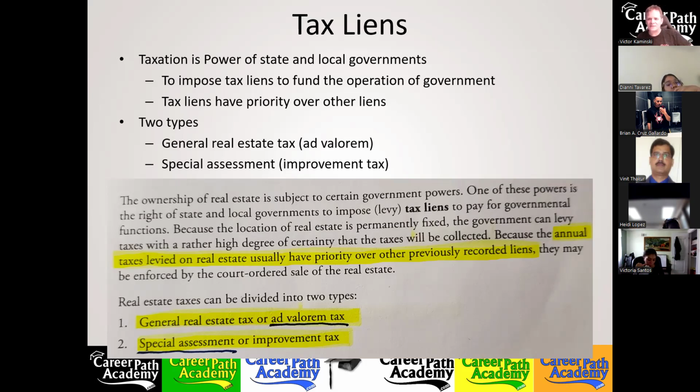It's a one-time tax. It's not annually. It's just a one-time tax that you need to pay. If you can't pay it all at once, you could pay it over a period of time, over years even, until it's paid off. So sometimes when we're selling houses, we've got to not just know what the general real estate tax is that everybody needs to pay, but we've got to find out if there are any outstanding special assessments that have not yet been paid off. Okay, everybody got those highlights there?